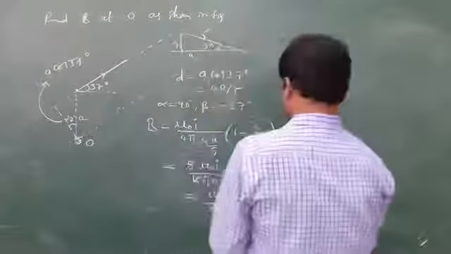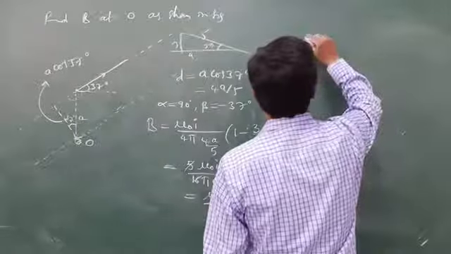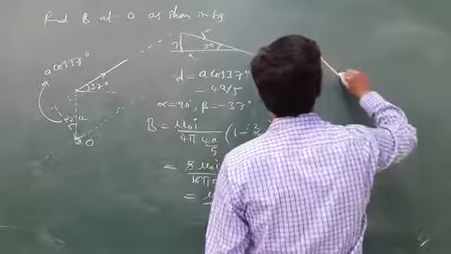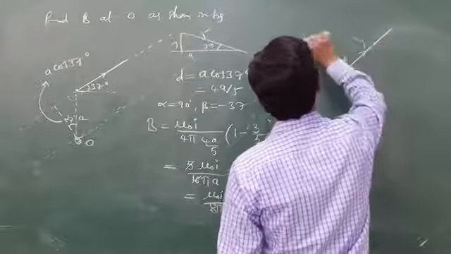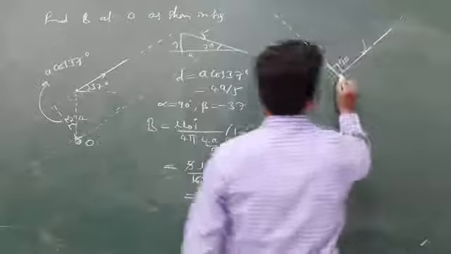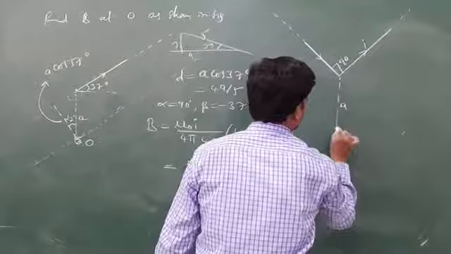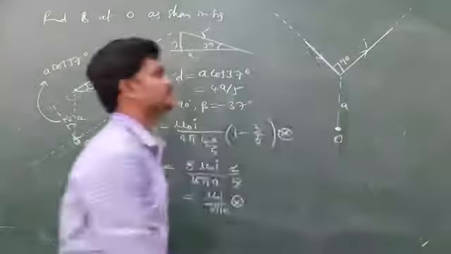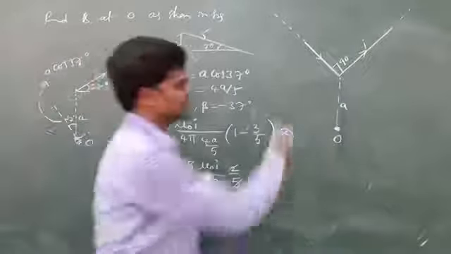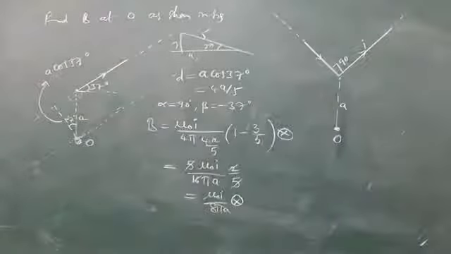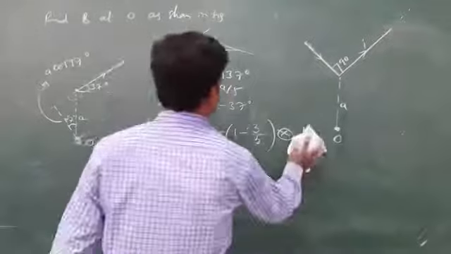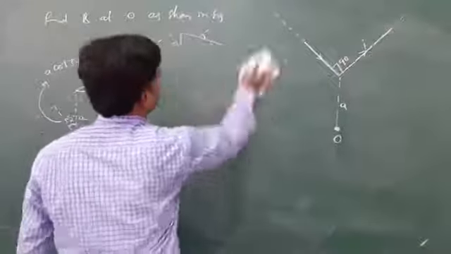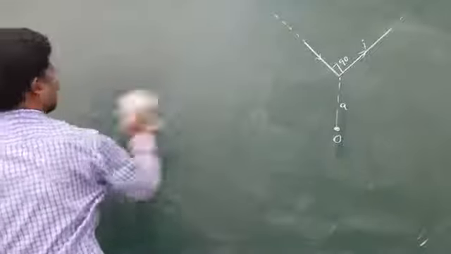See the next. They have given the wires like this. Again the target is the same. These two make an angle of 90 degrees and carry current I. They are infinitely long wires. So question 36: find the magnetic field at O as shown in the figure. You try this.